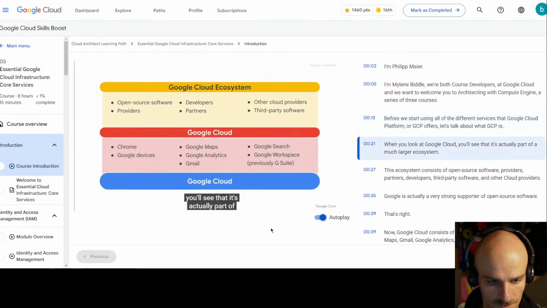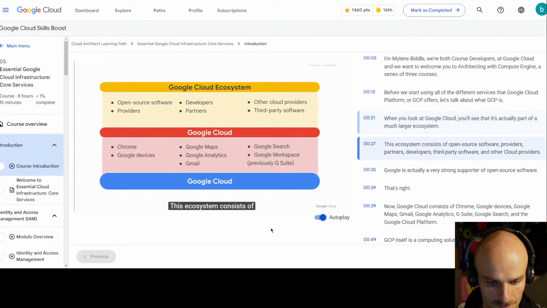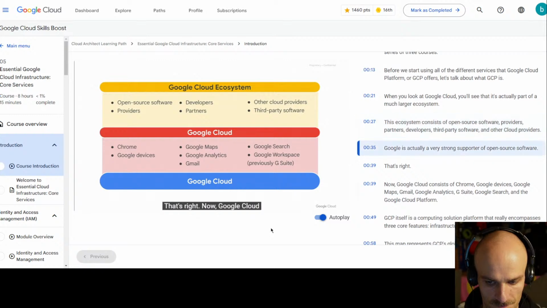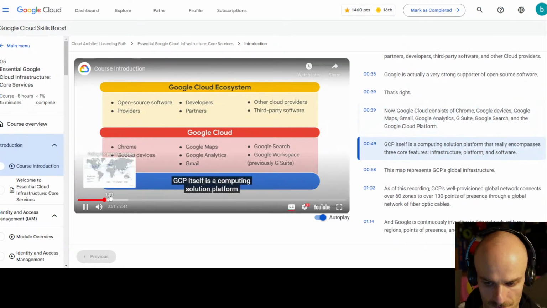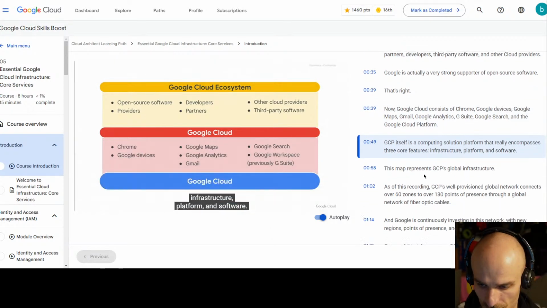When you look at Google Cloud, you'll see that it's actually part of a much larger ecosystem. This ecosystem consists of open source software, providers, partners, developers, third-party software, and other cloud providers. Google is actually a very strong supporter of open source software. That's right. Now, Google Cloud consists of Chrome, Google Devices, Google Maps, Gmail, Google Analytics, G Suite, Google Search, and the Google Cloud Platform. GCP itself is a computing solution platform that really encompasses 3 core features: infrastructure, platform, and